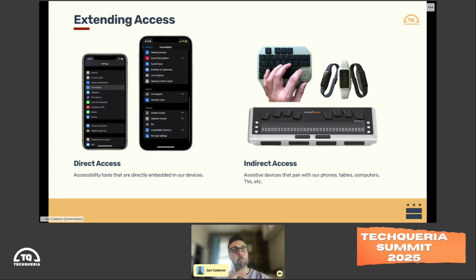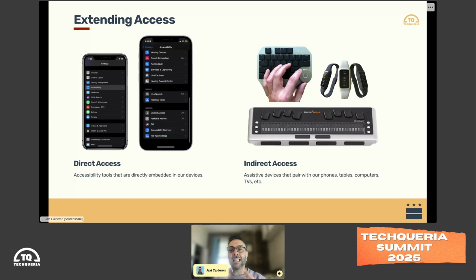So in the world of tech and accessibility, there's really two categories of these technologies. We have direct access technologies and indirect access technologies. Direct access technologies we have become much more familiar with. They have exploded onto the scene, proliferated, and are now pretty much ubiquitous.